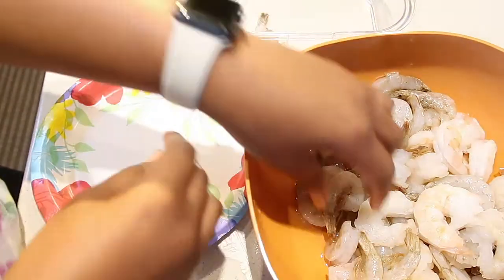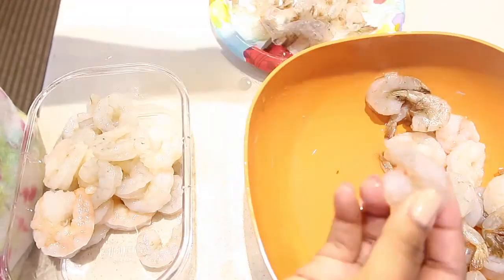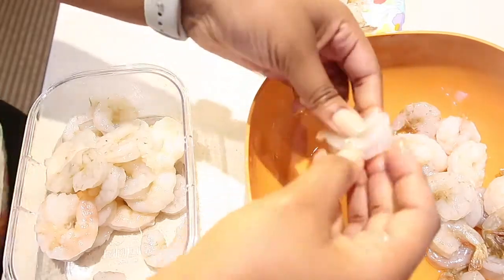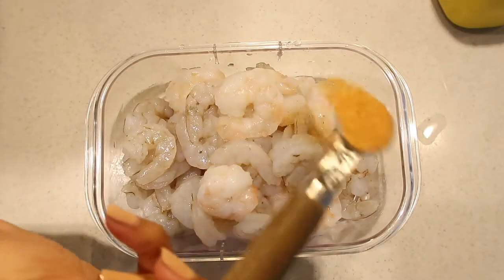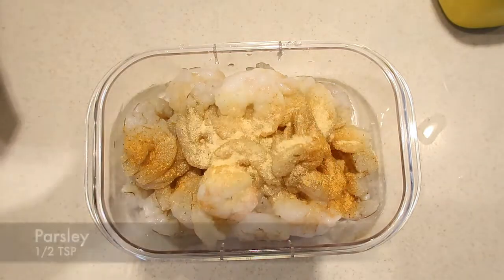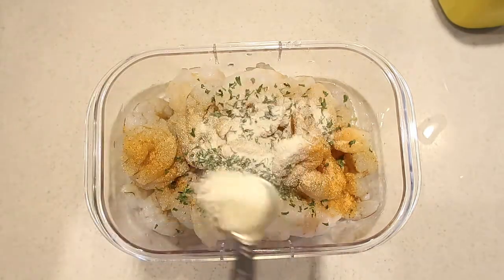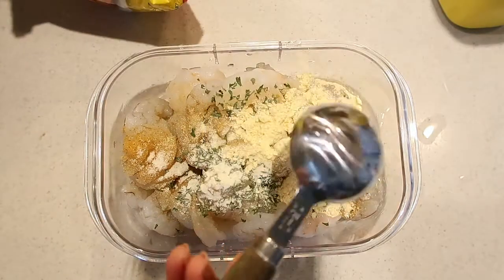So first we're going to start off by cleaning our easy peeled shrimp. Following us cleaning our shrimp off, we are going to start seasoning. So I'm going to start off by adding a half a teaspoon of seasonal, followed by garlic powder, parsley, onion powder, followed by 2 tablespoons of this New Orleans style shrimp fry,